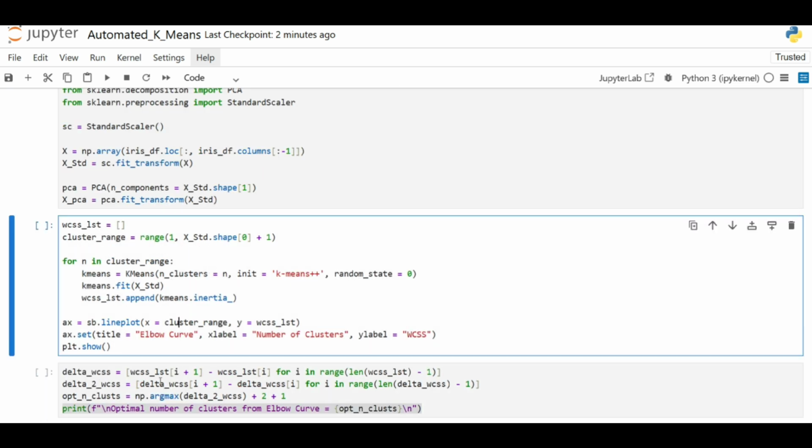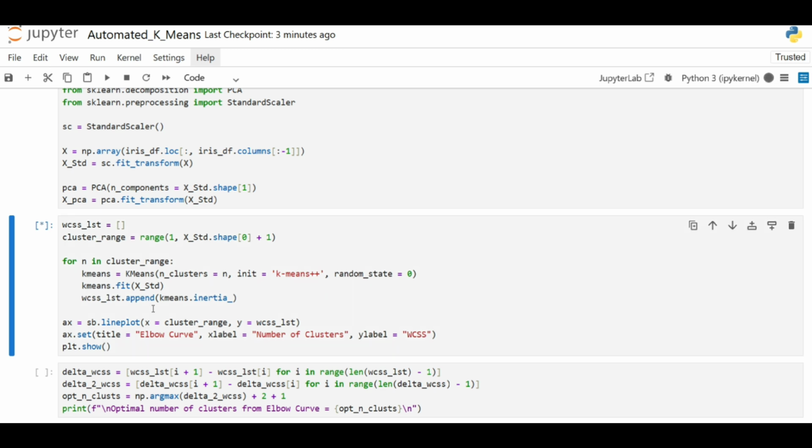Now in the next code block, this is where we try to find the optimal number of clusters in a regular k-means clustering problem. This is what is called the elbow curve method. So if I run this,